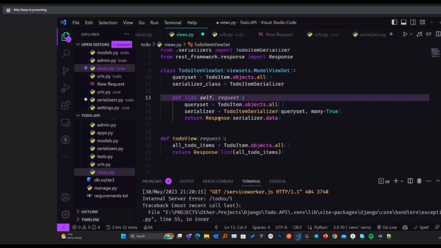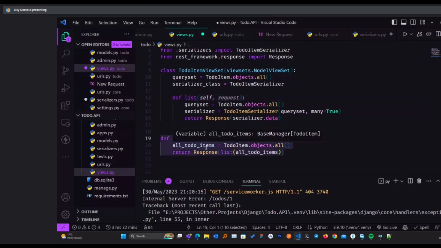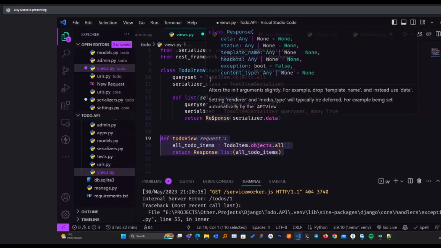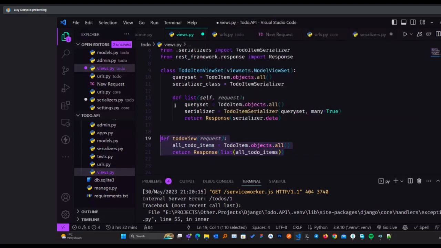But with a custom made function, you can choose which one will show the custom response, and for everything else, you can show the default response. So that's how you can do it. Have a custom method or override whatever viewset provides.